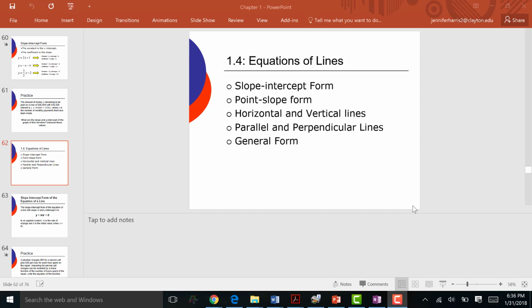All right, you're going to learn how to create your own equations of lines. We're going to create equations of lines. We just talked about in the previous class how to do the ones for horizontal and vertical, and you've probably seen some of the horizontal and vertical. So let's go to the first